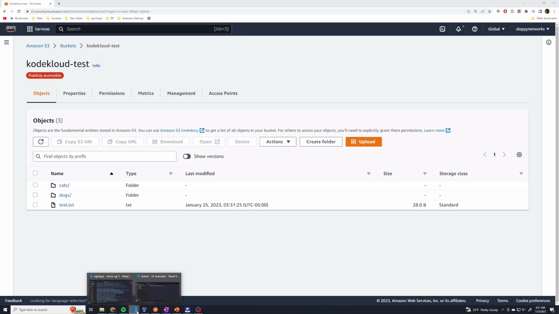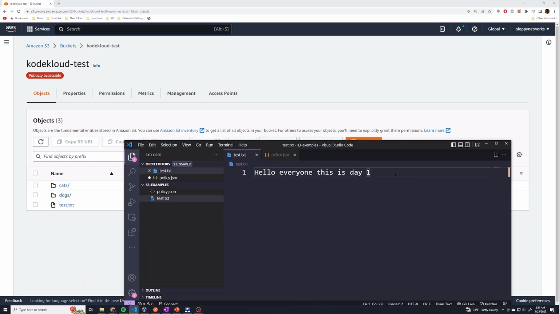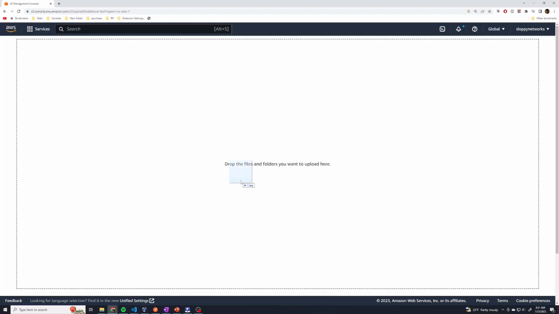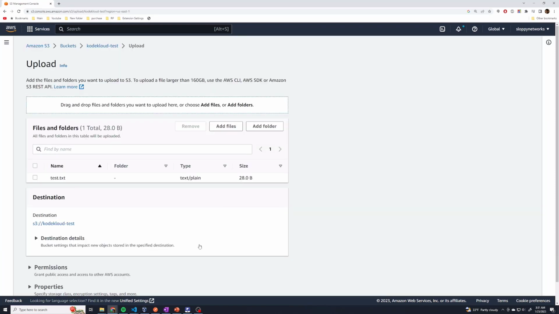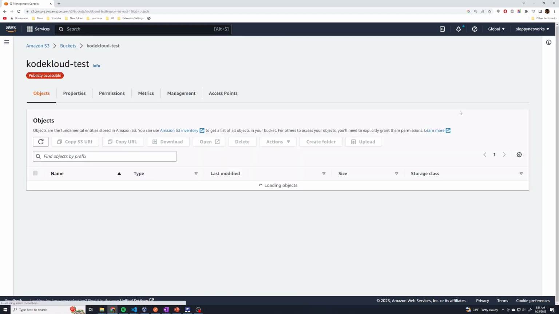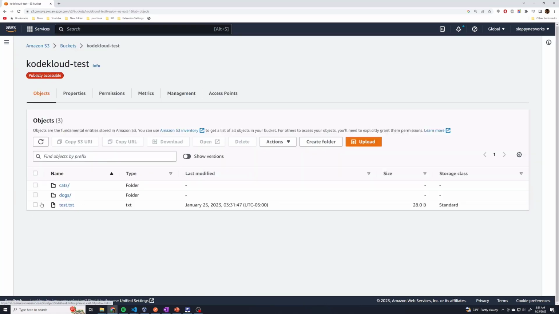Now, if I go into the file again and this time I change this to day 2, and I save this, and then upload the same file, same name, let's take a look at what happens. If we go to our folder, we see there's only one file, and that's because we named it the same thing, so the key is going to be the same. But what is actually happening from a versioning perspective? Well, if we select to show versions,